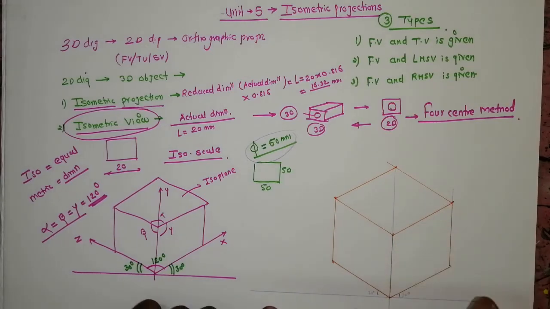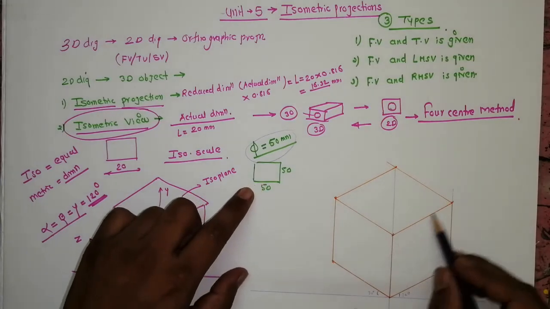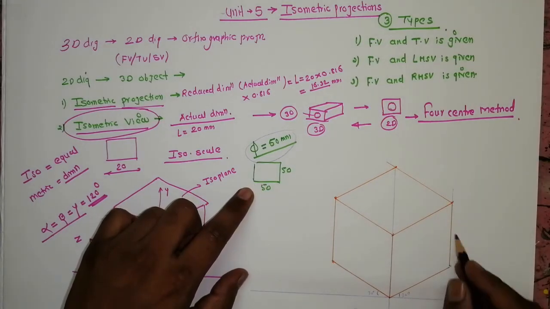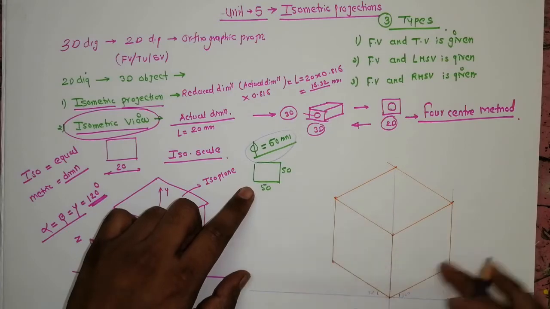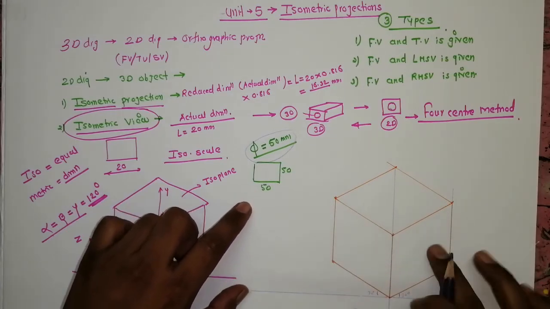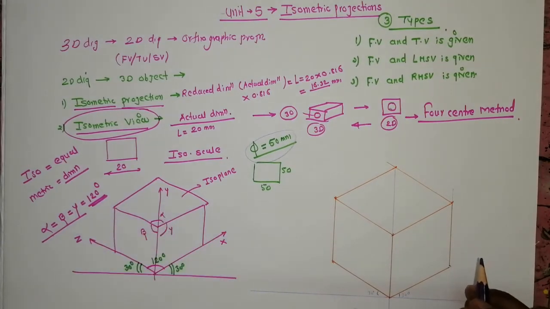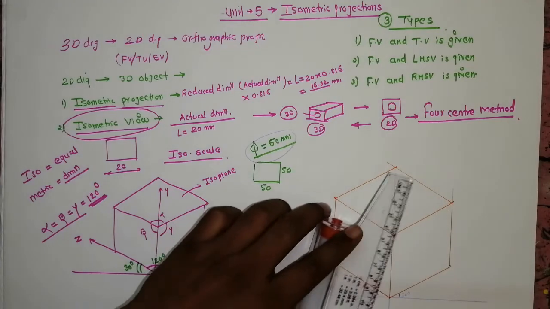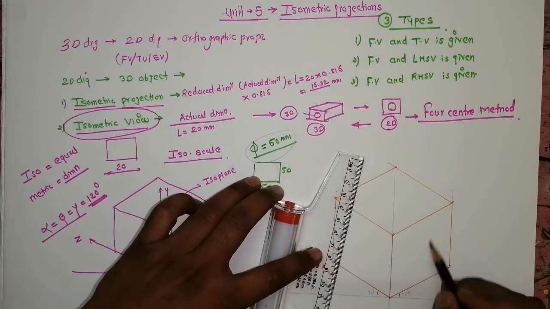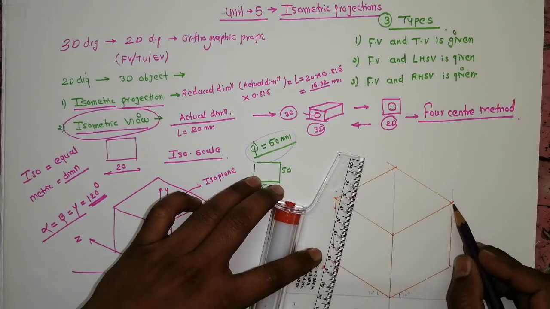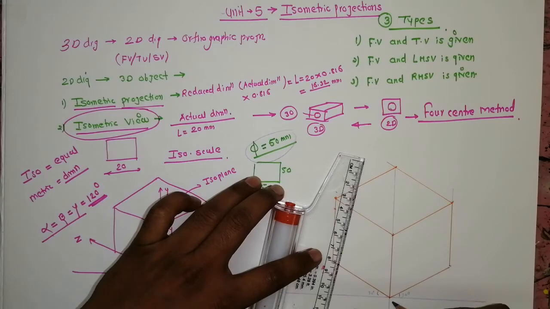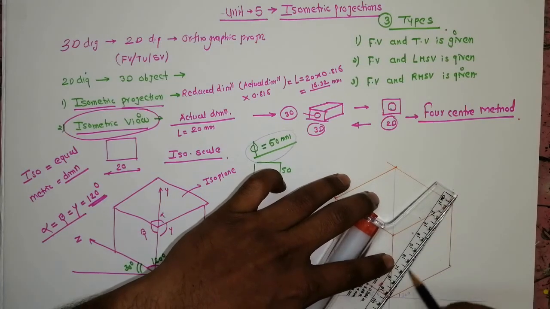Now on each plane we will construct the circle. Because we have taken this as the square of 50 by 50 mm, that square appears as a rhombus here. Okay, so we'll first construct the circle here. Since the diameter is 50 mm, this is 50 by 50. If the circle is of 60, you have to take 60 by 60. Now what is the first step? I want to construct the circle here. So the first step is to join the longest diagonal. So the longest diagonal is this one. Okay, so join the longest diagonal.